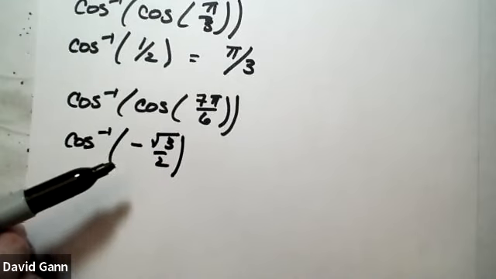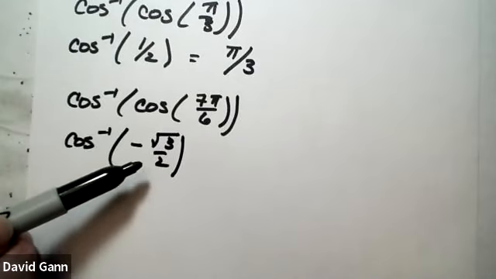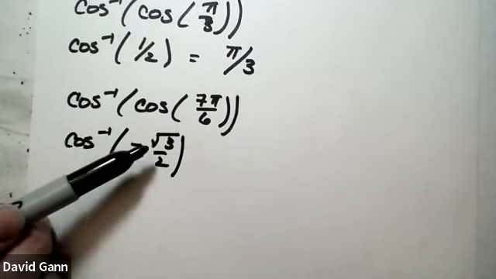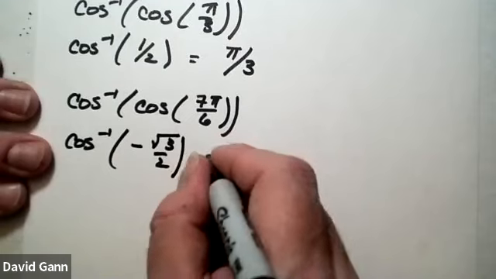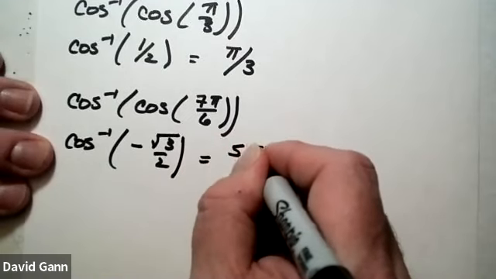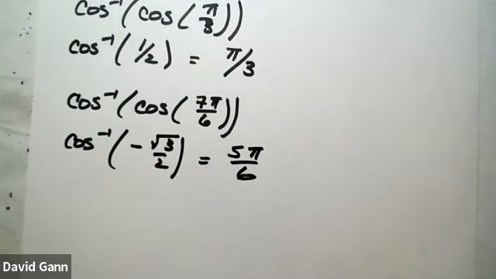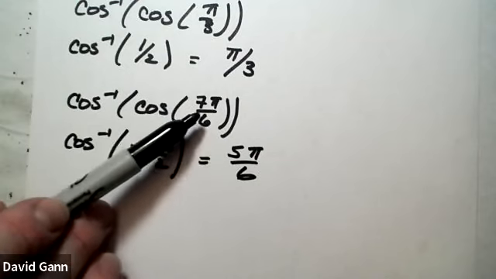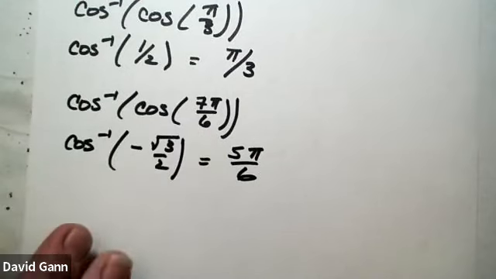And now we ask ourselves, for what angle in either quadrant 1 or quadrant 2 does cosine of that angle equal negative root 3 over 2? And it turns out that this is, in fact, 5 pi over 6. Notice that we went from 7 pi over 6 to 5 pi over 6. It would be very trivial to just write this down as 7 pi over 6, but it's actually a false statement. And so again, like I said with sine,